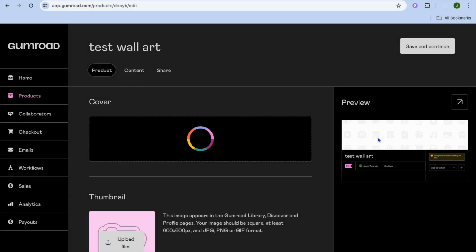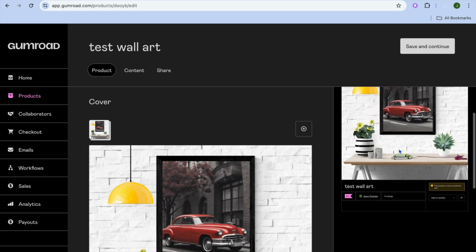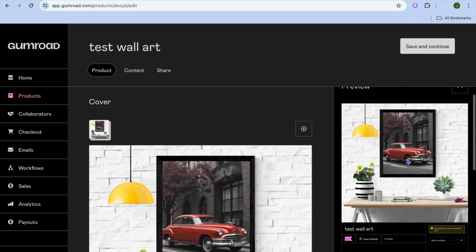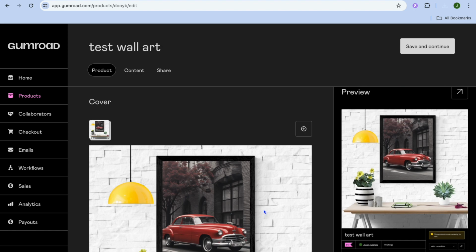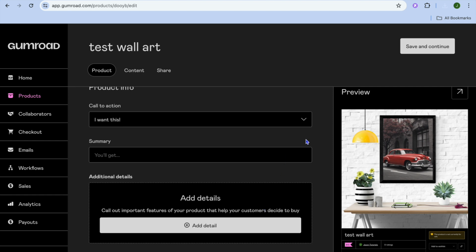And you can see a cover image preview right here on the right hand column. So you can see the name, you can see the price, and you can also see the mockup right there. Once you have done this, all you'll need to do now, you can scroll down, you can change the